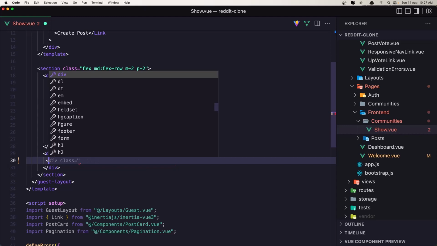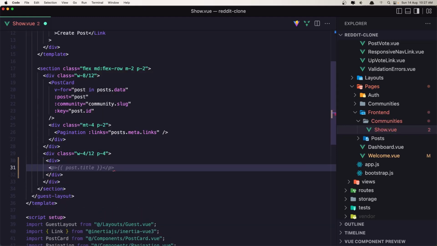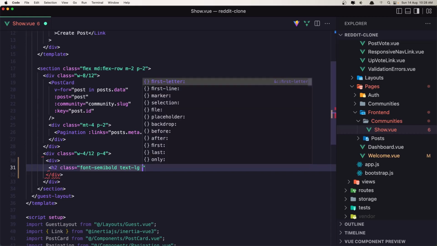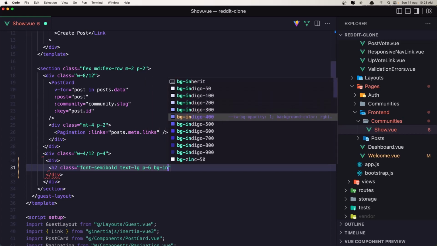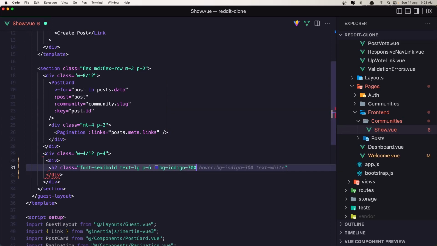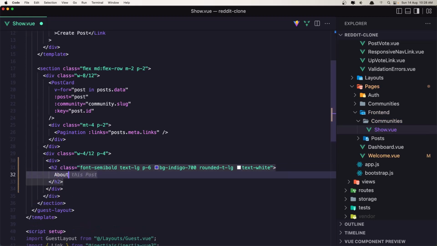add a div first. And inside this div, I'm going to add h2 with a class. And I'm going to say font semi-bold. Okay. Text large. P6 and BG indigo 700. Now I'm going to add a rounded top to be large, and text is going to be white. Okay, and here let's say about,